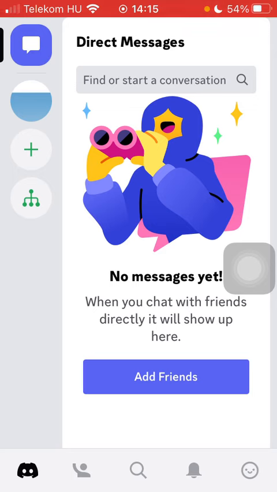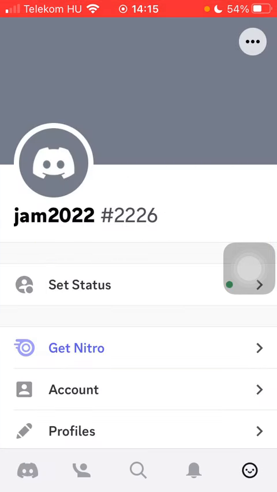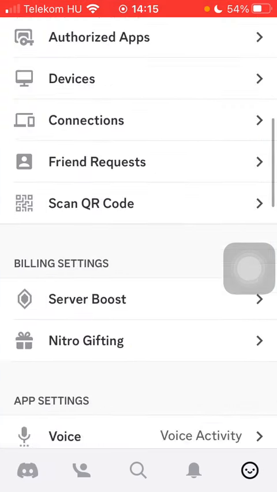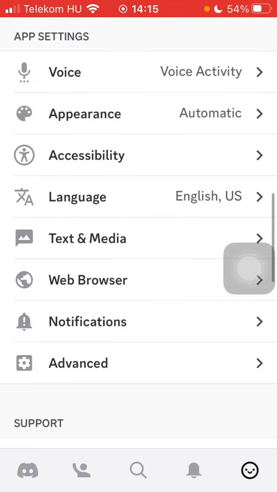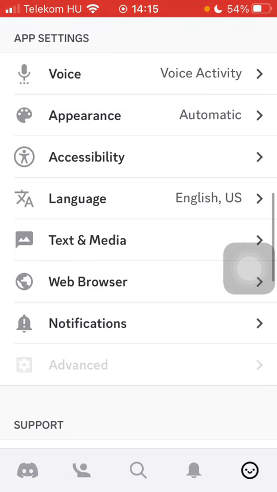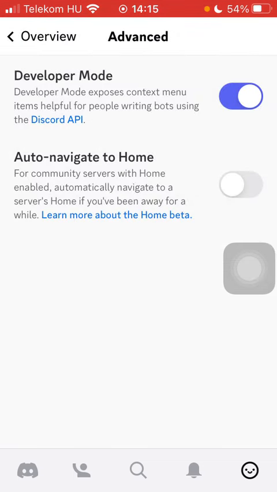First of all, open the application on your phone. After that, you should click on this emoji or smiley button down below on the right side corner of the screen. After that, you should scroll down to the app settings section and click on the last icon, advanced, within this category. Here you have two options. The second one is auto navigate to home feature that you can easily enable by clicking on this button on the right side of the screen next to this